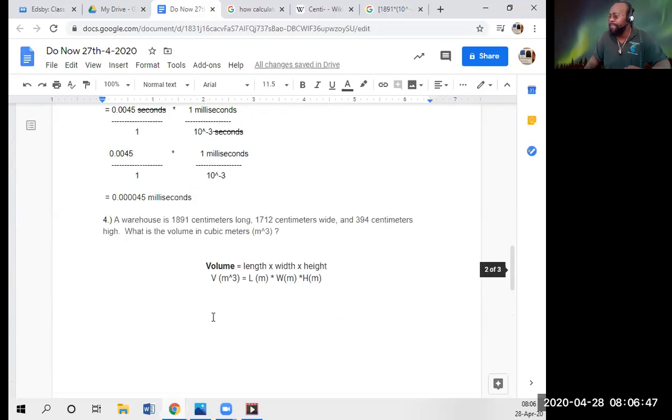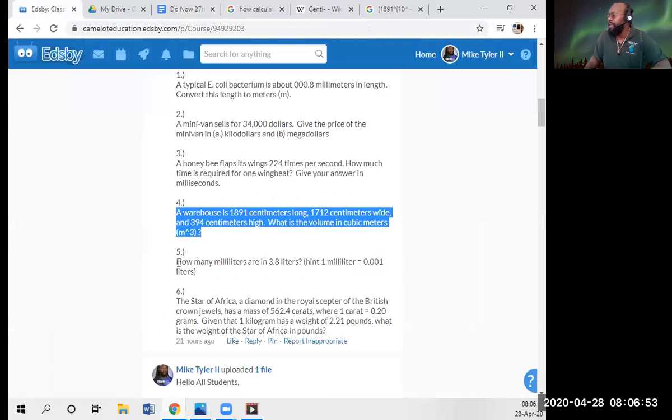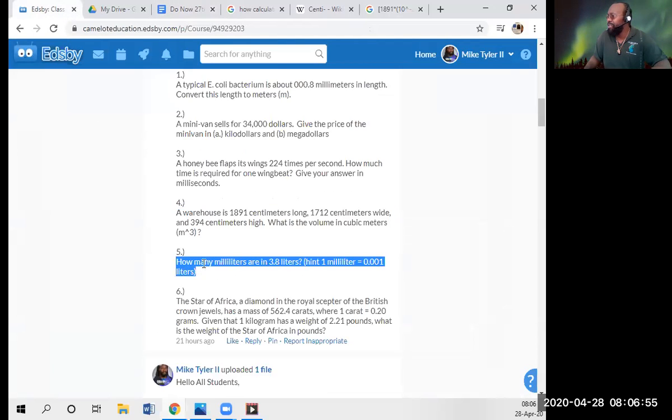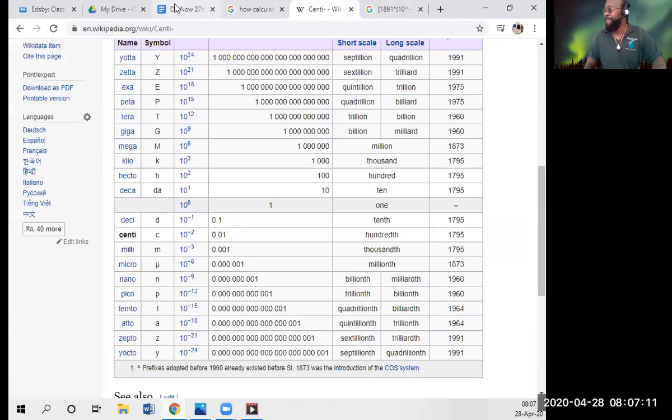We had problem 4 done. Now it's on problem 5. So let me go back to EDSI real quick. And this one was short and sweet, so not too bad. And this one is not too bad if you understand how to convert your age from years to seconds. So that's where I got to break back out the little division bars and stuff. So yeah, get your mind ready for it.